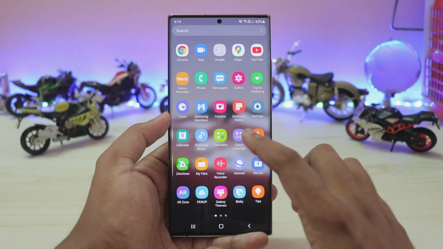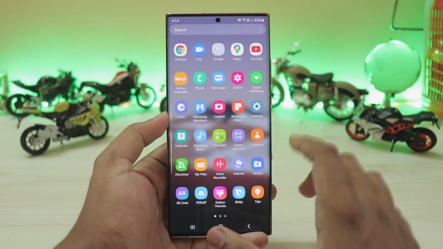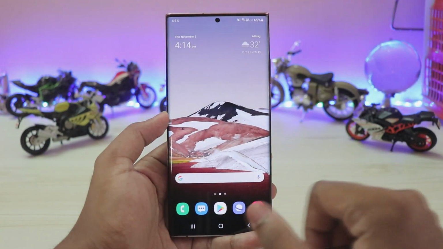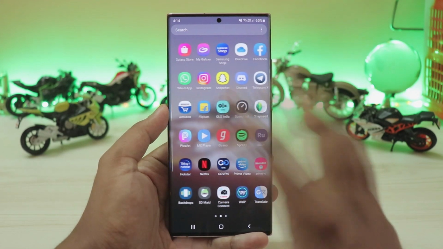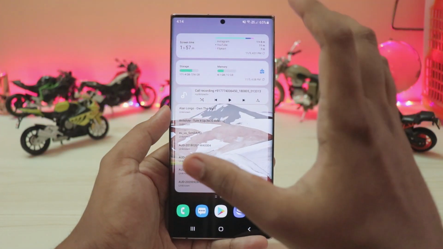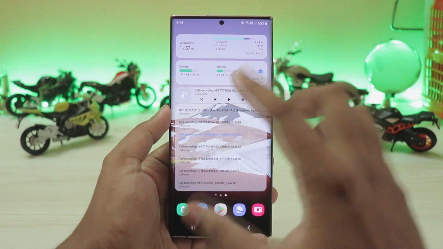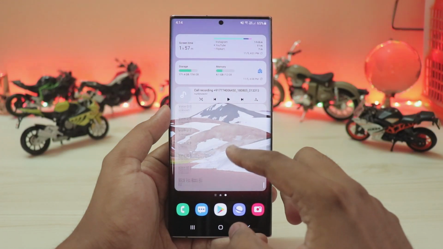For example, on the home screen, they still have the normal transparent blur right over here. It's not been darkened as in One UI 2.5. So if you have very vibrant wallpapers, it's still quite hard to read the icons. But now if you go to the widgets, the fonts are much more adjusted. The music widget is now completely working fine. Earlier it would just show blank spaces or not show any music. Now it's been completely fixed.